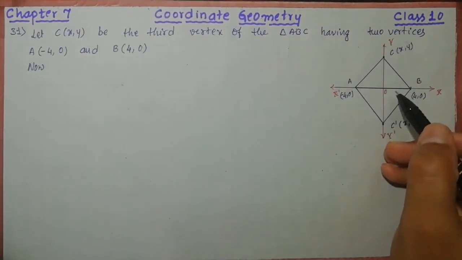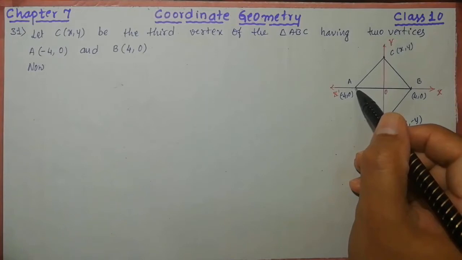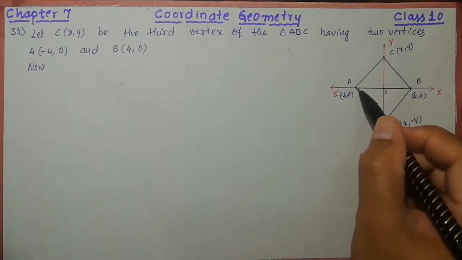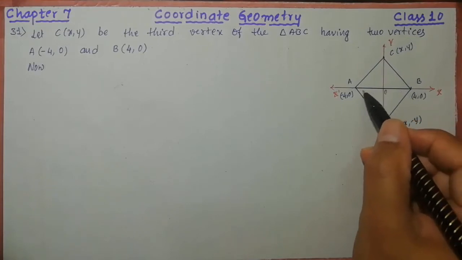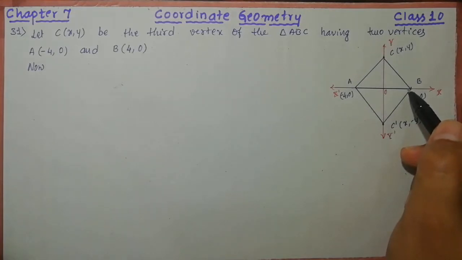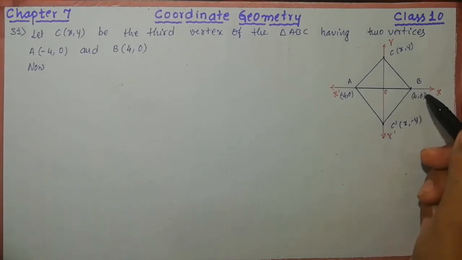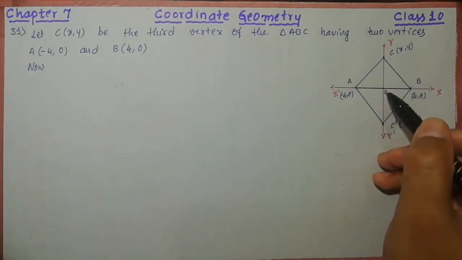I have written a rough diagram for you. 4 comma 0 lies on the x-axis, and minus 4 comma 0 on the negative x-axis. Now look here, we can easily understand this length. From here to here is 4 units, from here to here 4 units, so totally 8 units. In the previous problem also we got AB equal to 8, but here the coordinates are different: 4 comma 0 and minus 4 comma 0. So now definitely we can understand.